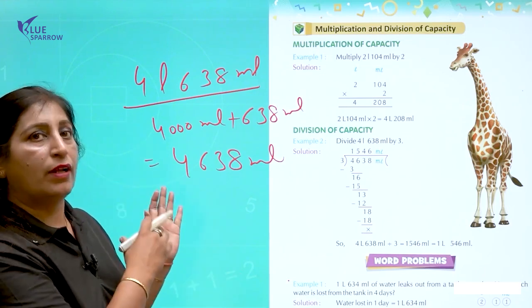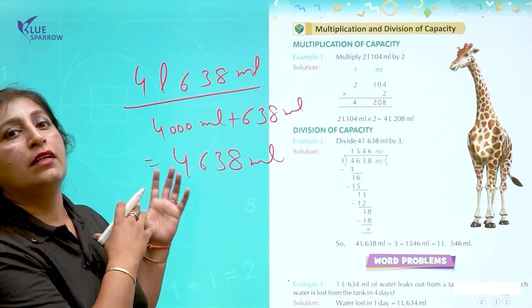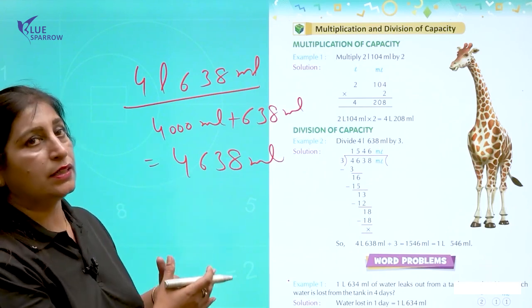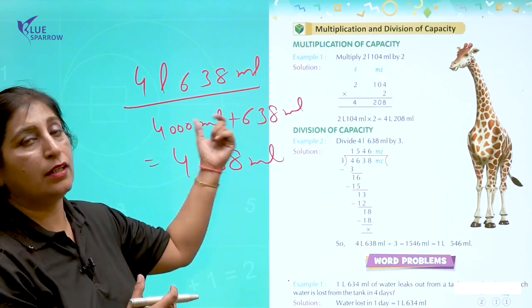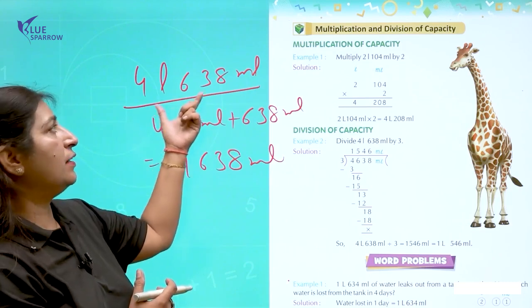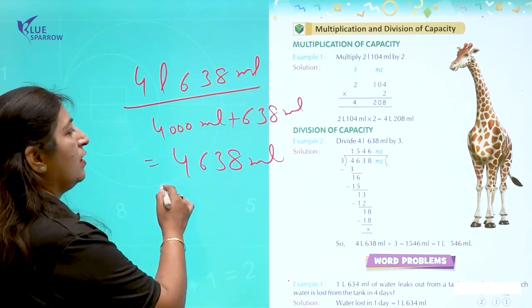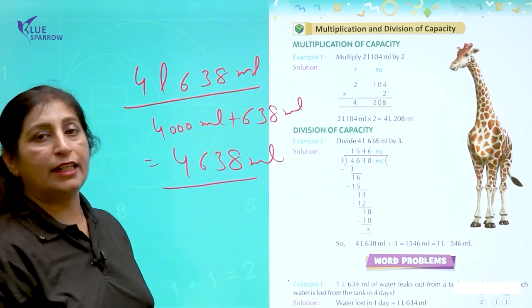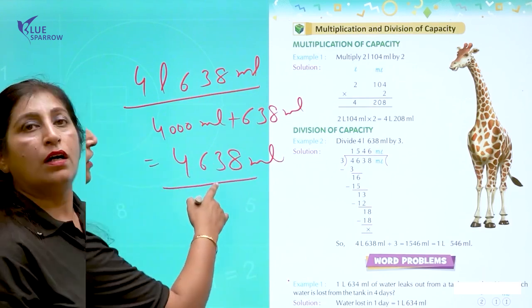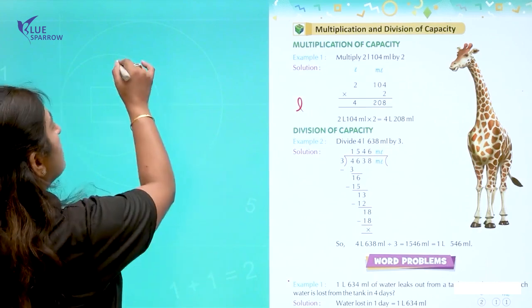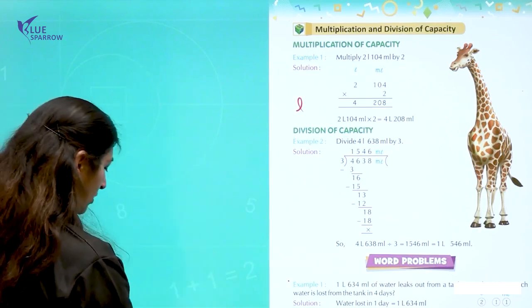And here we are following this method by converting the given capacity in the smaller units, and smaller unit is milliliter here. So we have converted 4 liter 638 milliliter into milliliters and we obtained 4638 milliliter in this case. And now we divide this capacity by 3,